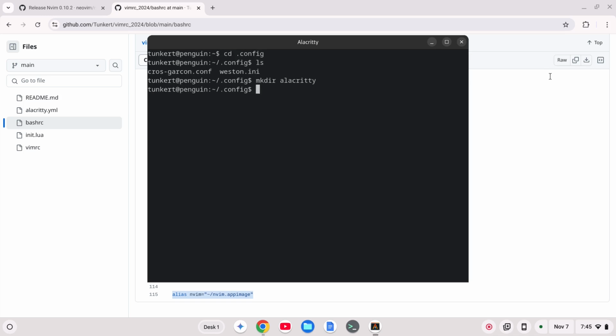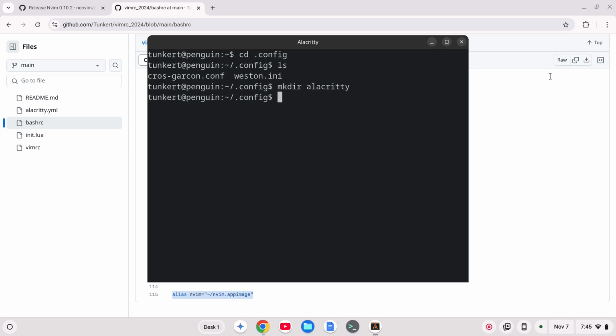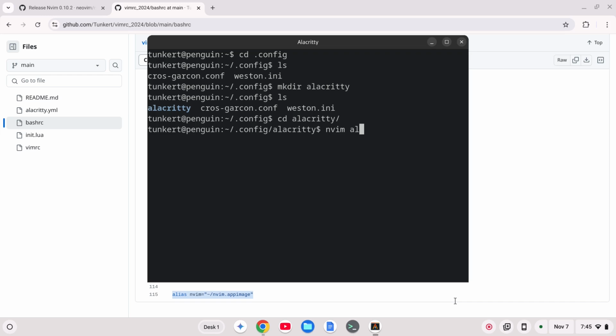So let me make this a little larger, but you can see here I just made a directory Alacritty. If I list out the storage, you see now we have this folder Alacritty. Okay, so I can cd into Alacritty, and then I can do nvim